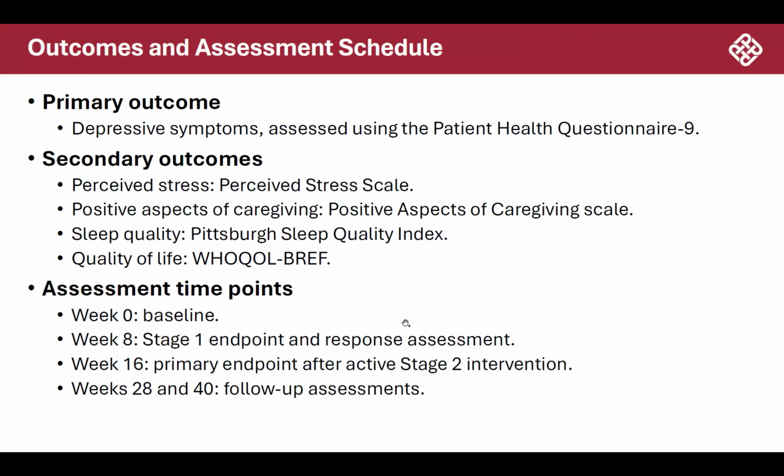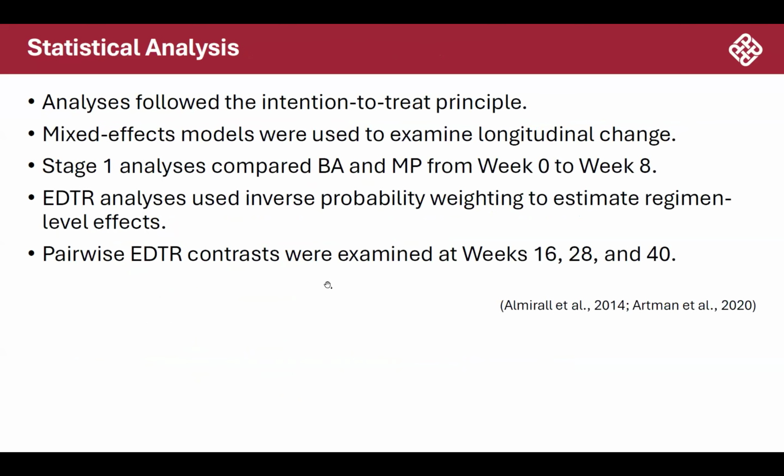So in this study, the primary outcome will be depressive symptoms, but we further monitor their stress level, the positive aspects of caregiving, sleep quality, and also quality of life. We follow the intention-to-treat principle for the data analysis. In stage 1, we compare BA and MP from week 0 to week 8, which is the stage 1 duration. And in the EDTR analysis, we will also do the weighting to estimate the regime-level effect and further analyze the effects at stage 2 after the stage 2 interventions at week 16,